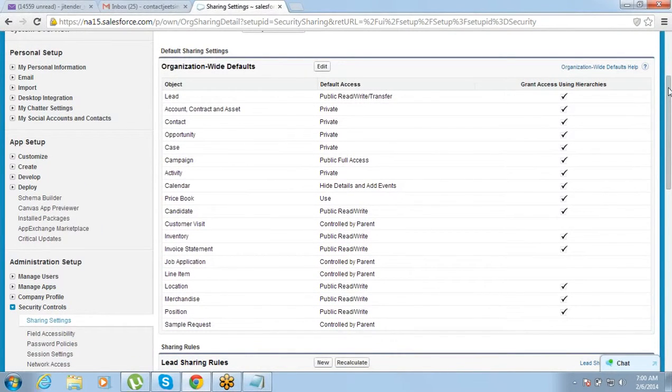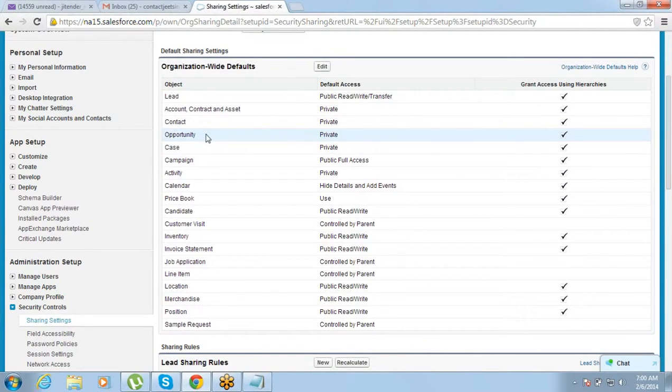So you see this organization wide default, we have all the objects listed here. We can just edit and define the OWD for it. Here we have to define it either private or public, right?